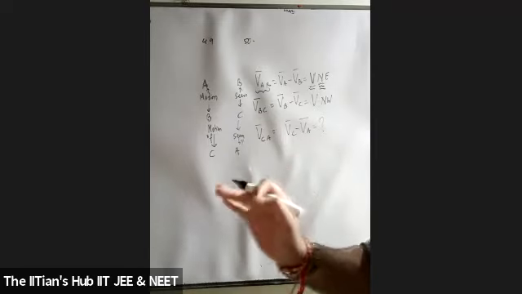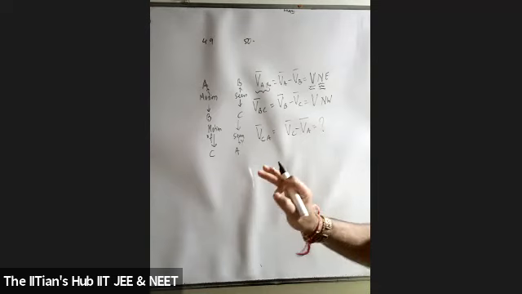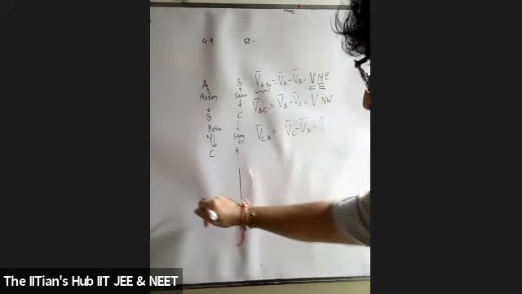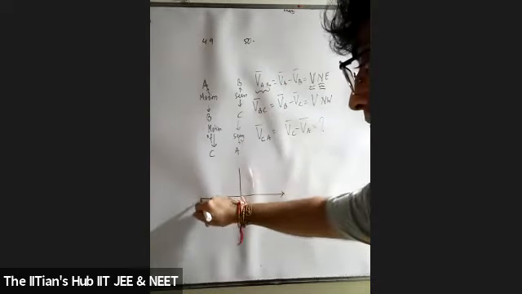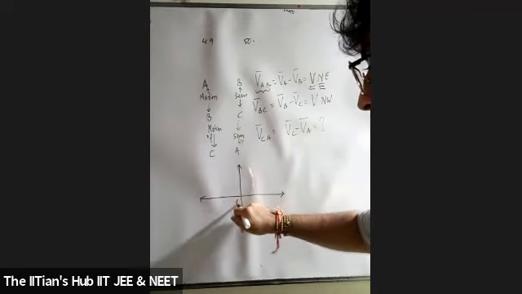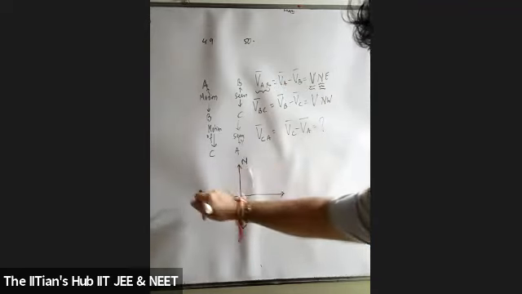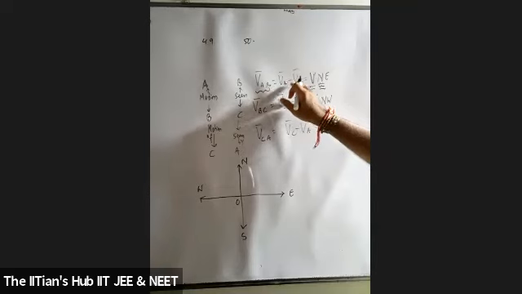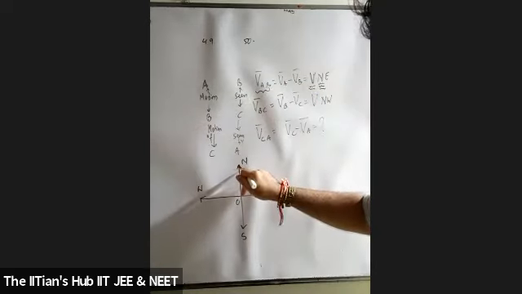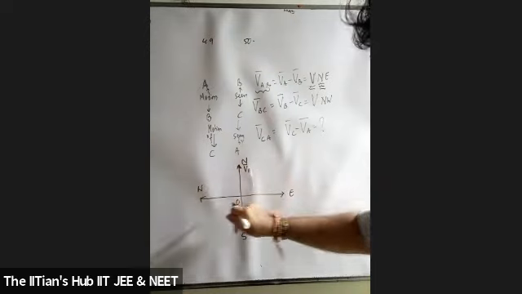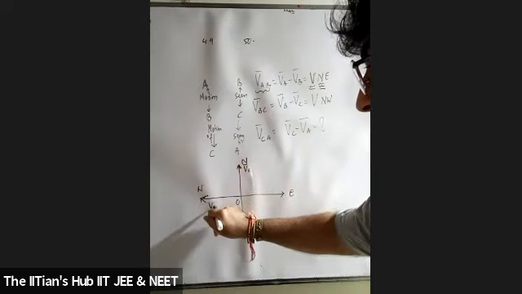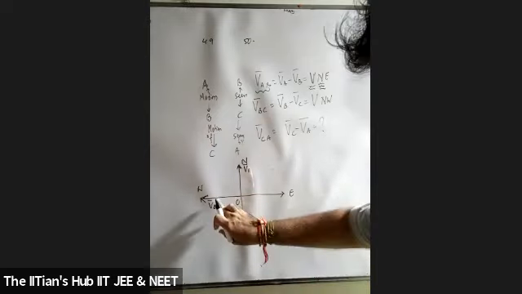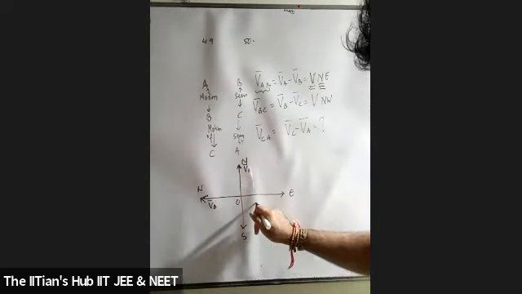Now listen carefully, everybody. All of you should have been able to crack it. When I say velocity of A with respect to B, please pay attention, I'm drawing the sign convention part of it. Take this as origin, students. Take this as north, this as west, this as east, and this as south. If I say velocity of A minus velocity of B, where A was in this direction and B was in this direction, listen to the answer: if I reverse the direction of B, can I say that becomes minus VB?